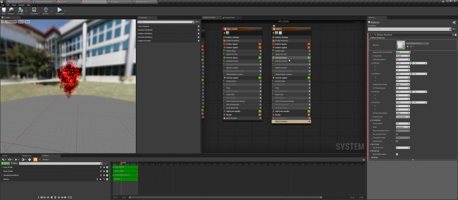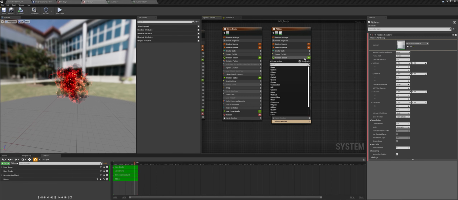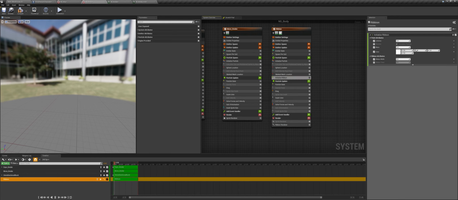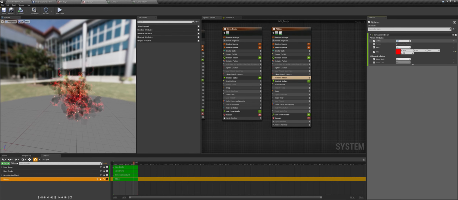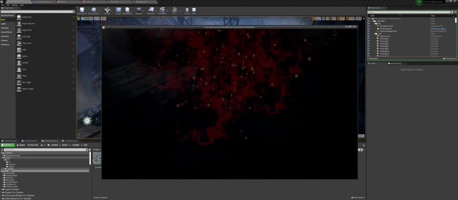Now we can go to the particle spawn, then click this plus icon and type in ribbon. We get this initialize ribbon, click that and change this color to this red color and change the lifetime to like 0.5, then change the ribbon width to like 1, and now if I press play,